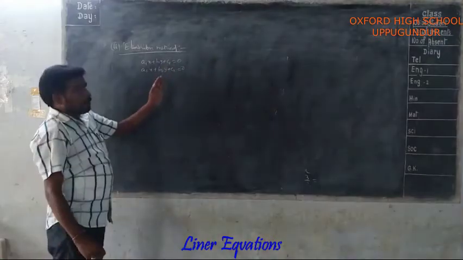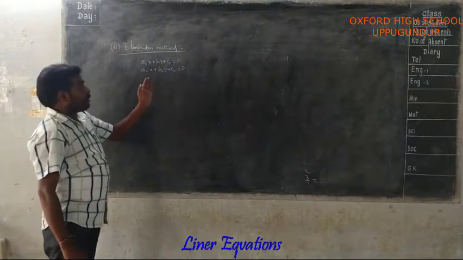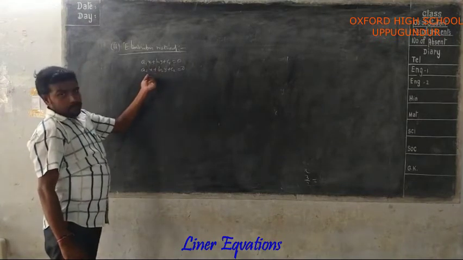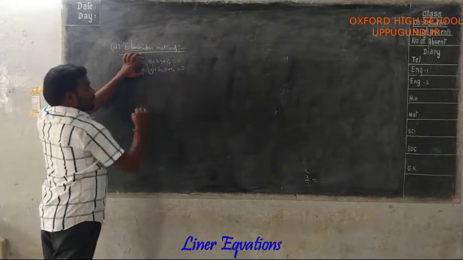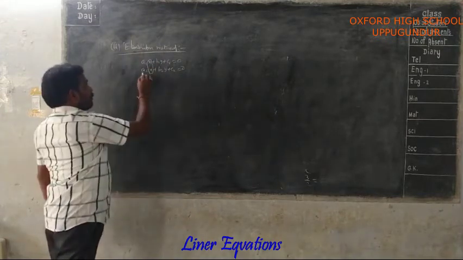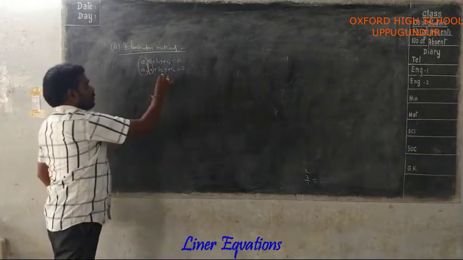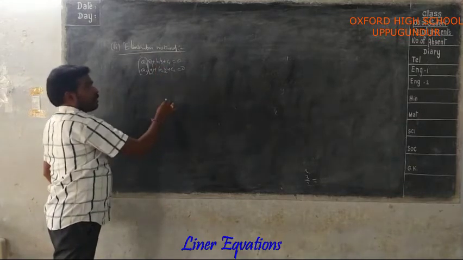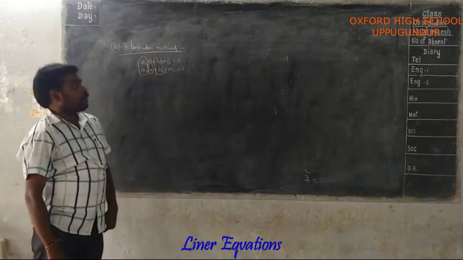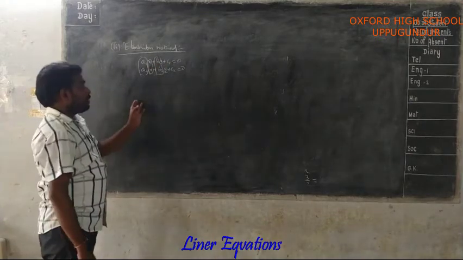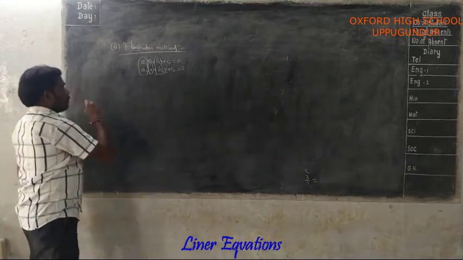Now in these two equations, first you have to decide which variable we have to remove. Suppose you want to remove the x variable, we have to make these two x coefficients the same. Suppose you want to remove the y variable, you have to make these y coefficients the same. After that, you have to remove that variable. So for example,